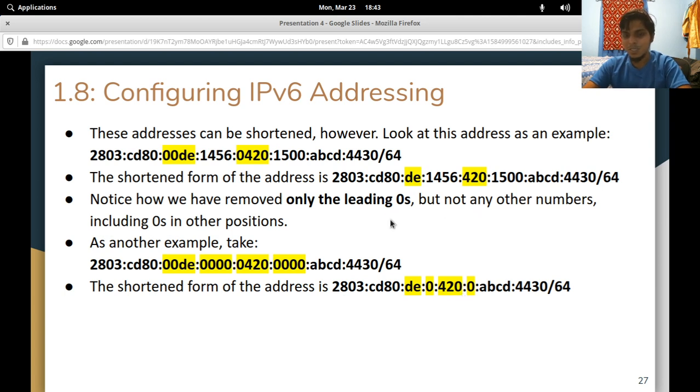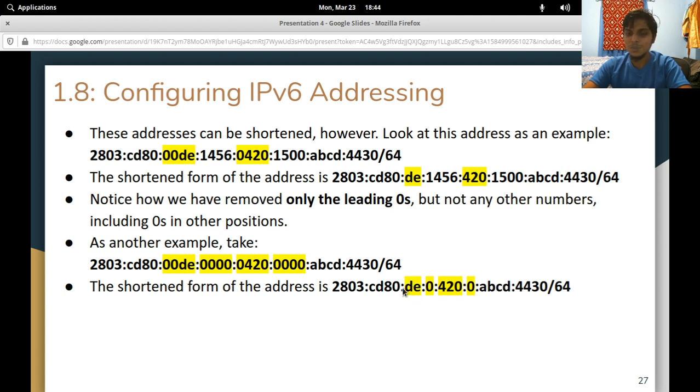So just an example again, if we could have removed leading zeros and trailing zeros, and we had DE here, we wouldn't have known if it was 00DE before, or if it was 0DE0, or if it was DE00. You see the problem there? But if we tell ourselves that the rule is only you can remove leading zeros, then if we see DE, we know those missing 2 digits have to be 2 zeros at the front.